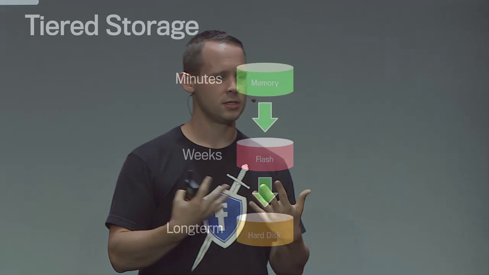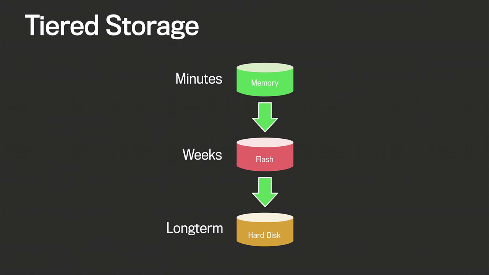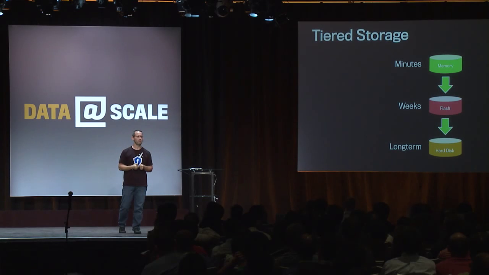So now what this enables as well is a tiered storage type setup. So at the bottom, we have our long-term storage. This is stored on disk. This, again, uses our existing messaging infrastructure. And then on top of that, we were able to build these new levels, essentially of memory and flash. So the memory level generally has a retention in minutes. So we're able to keep the most recent message to message essentially in memory and Iris cached